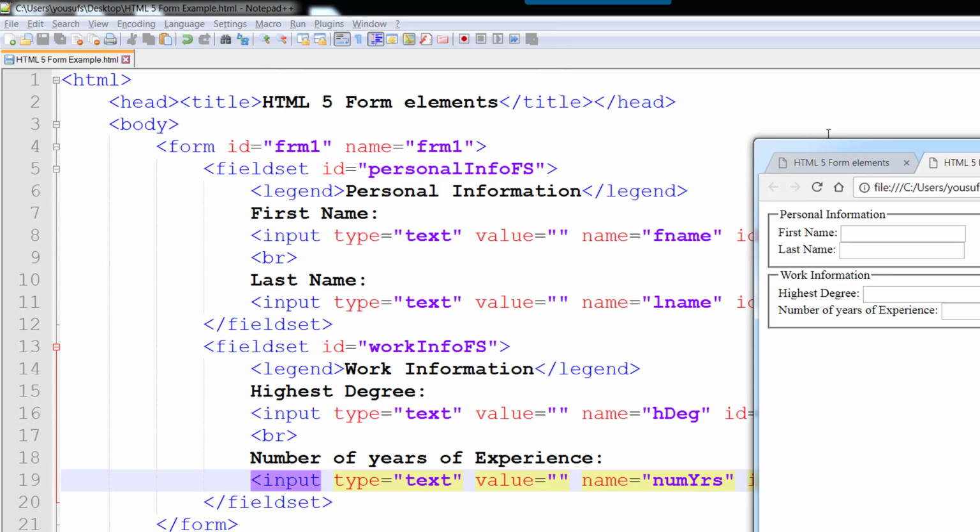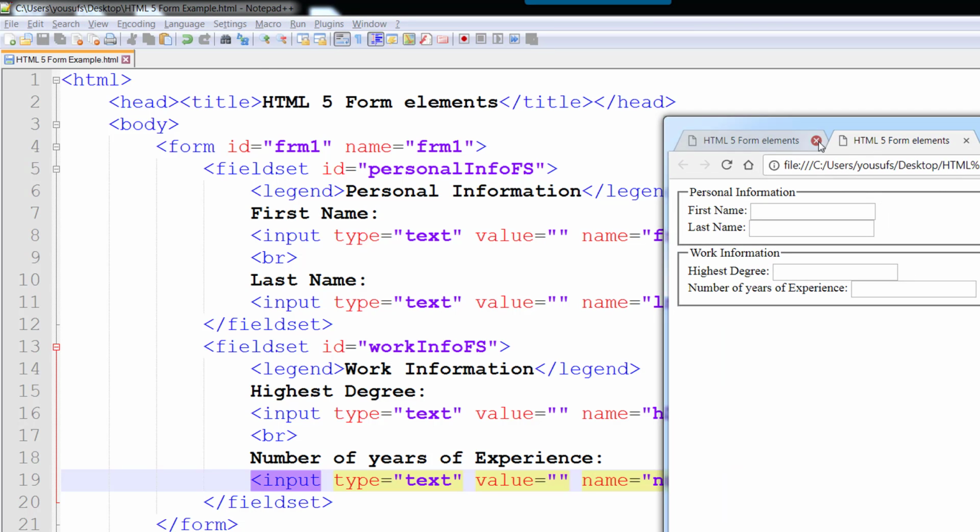Now let's run to see the difference. And here you can see that we have multiple Fieldsets where each Fieldset has its own legend and each Fieldset